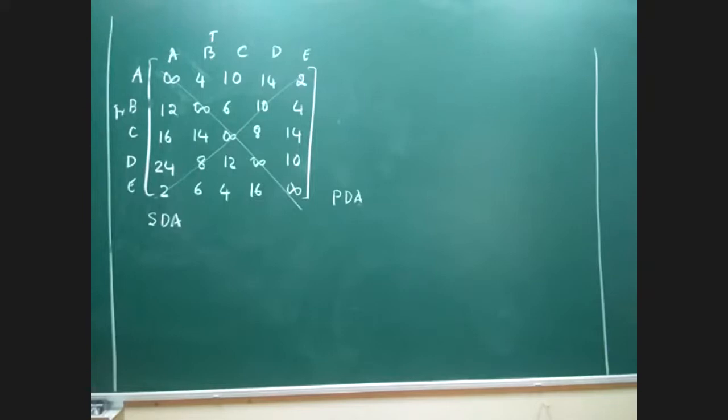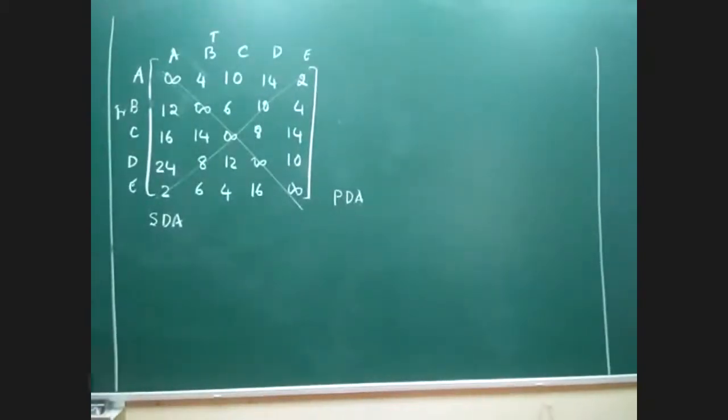The major difference between the traveling salesman problem and the regular assignment problem is that in the regular assignment problem the entire matrix will have only numbers. We are not using any special notations as far as the regular assignment problem is concerned. But when it comes to a traveling salesman problem, all the values that appear on the principal diagonal axis will have a special notation called infinity.